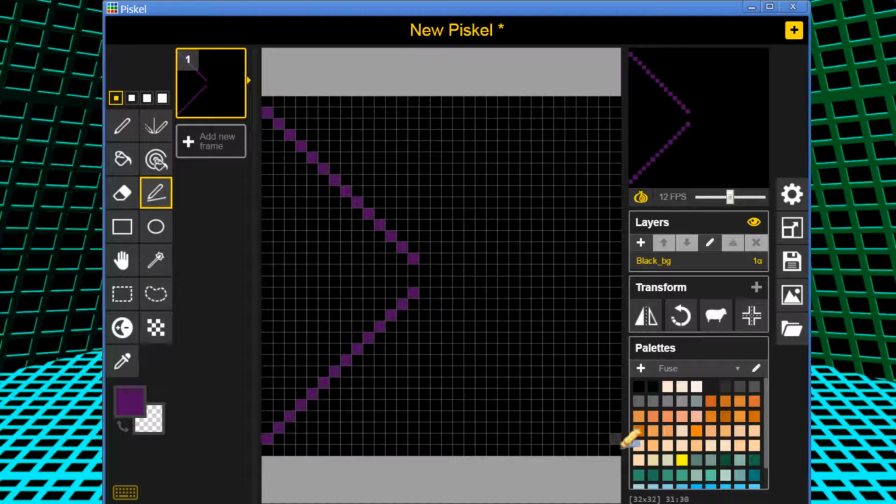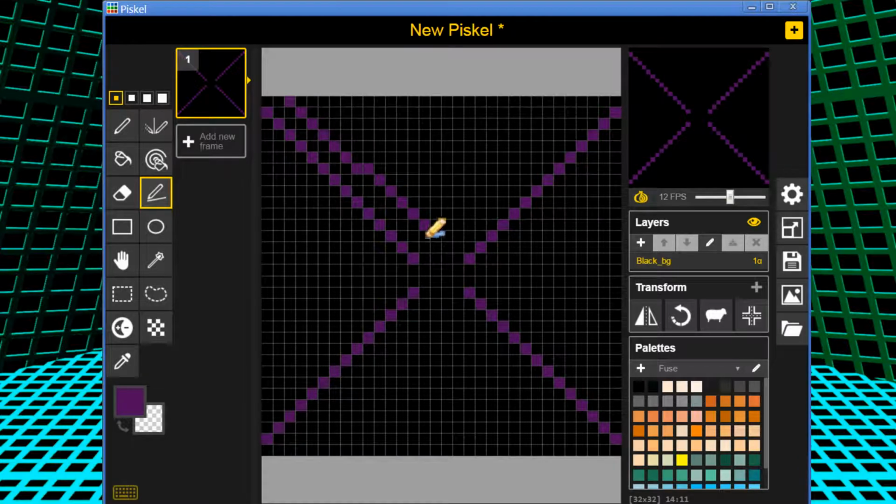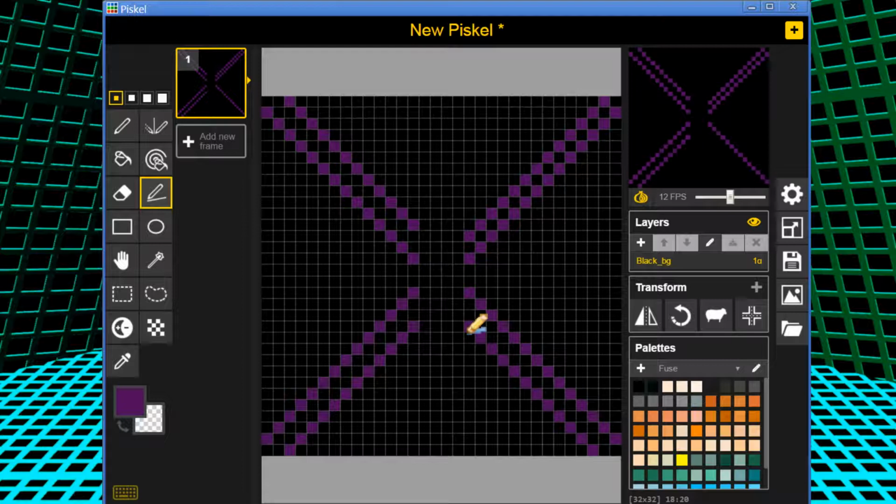Okay. So the main thing with making a pattern in Piskel is you're going to need to think about it being tileable from all 6 sides. Now, a way to make something tileable from all 6 sides is to actually make it tileable from all 4 sides in Piskel. So, what do I mean by that? Well, what we're going to do is